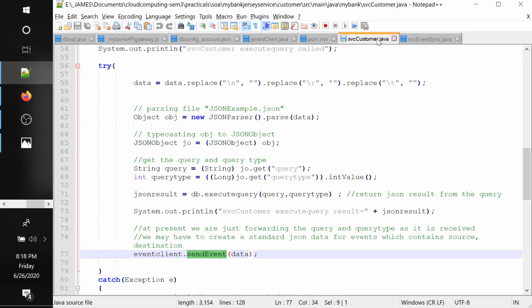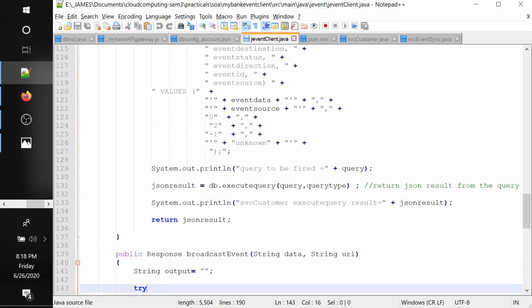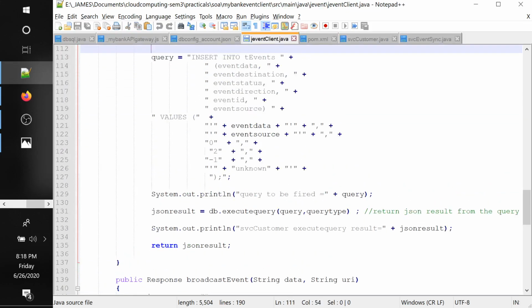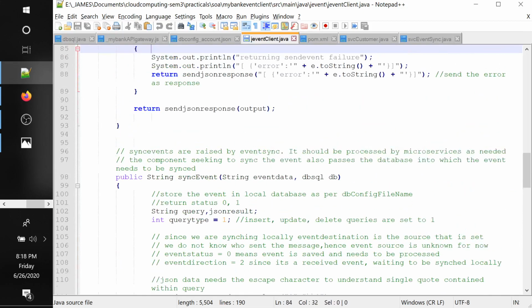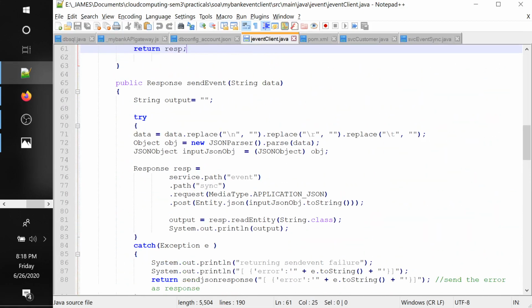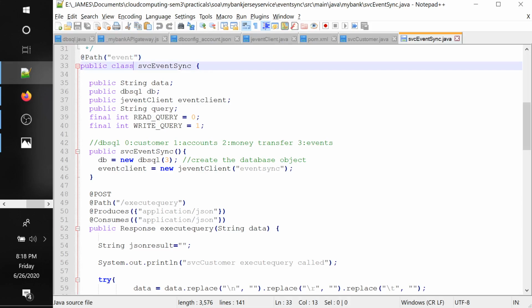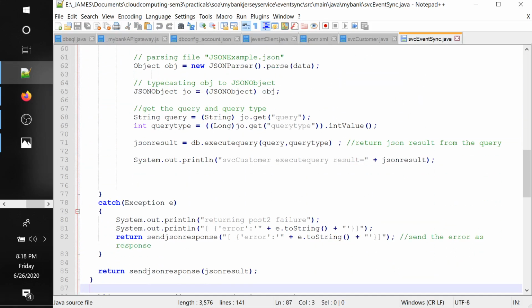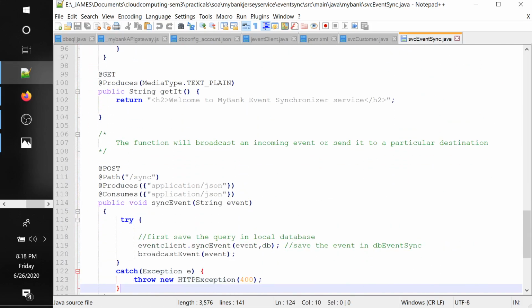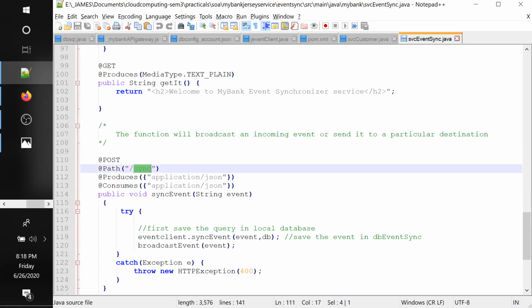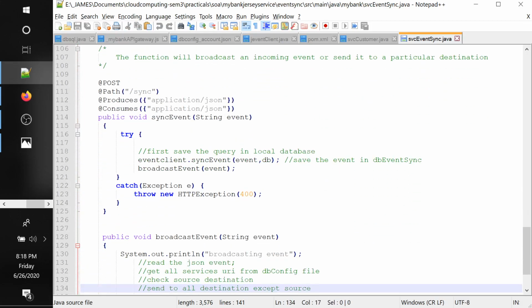So that's what happened in send event. It tried to connect to this particular path, event and sync, and this particular path was called.